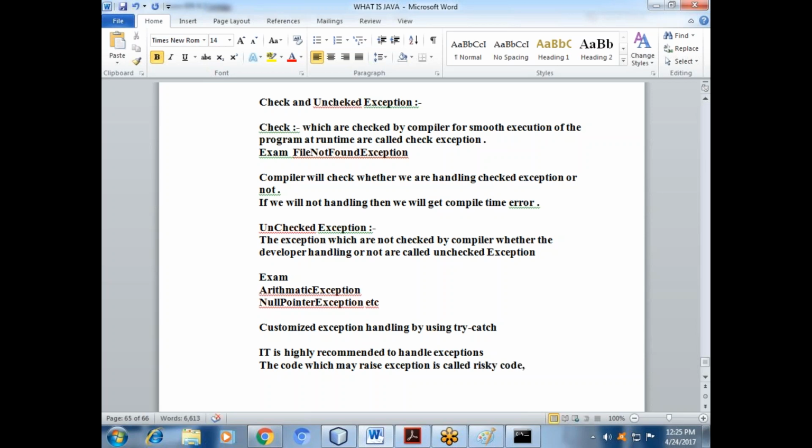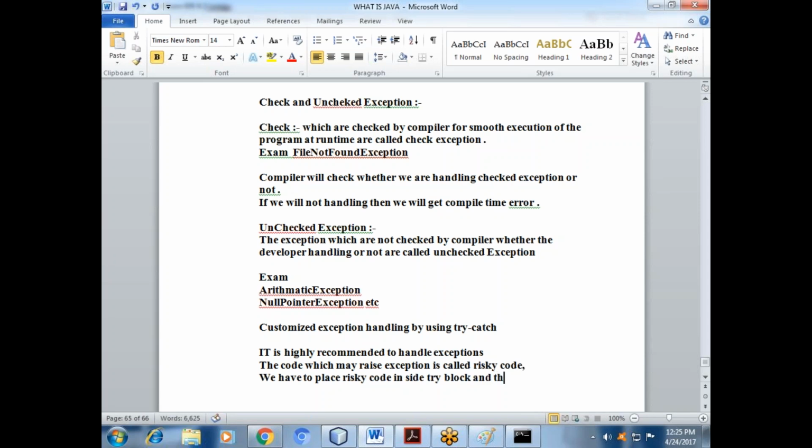Definitely whatever our program flow is, I will put inside the try block. We have to place risky code inside a try block,